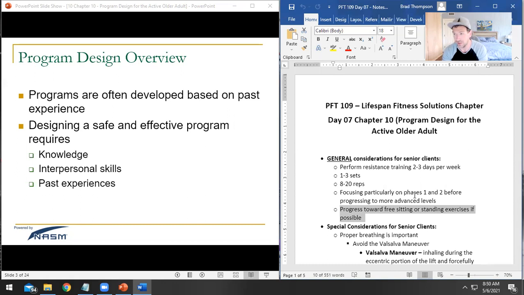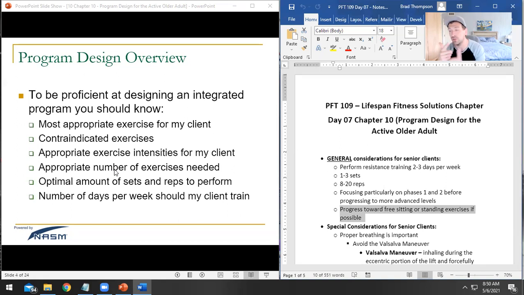Or working out with your clients, which don't do that ever. And get into the idea of how to design safe and effective programs that are based on our physiologic understanding of how the body is going to adapt to things, that are based on what is important to your client, and really have been time tested in the realm of